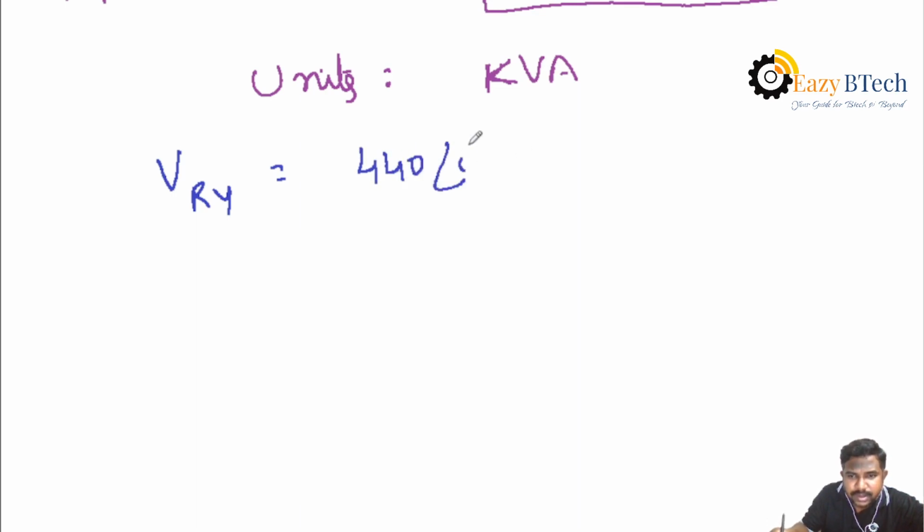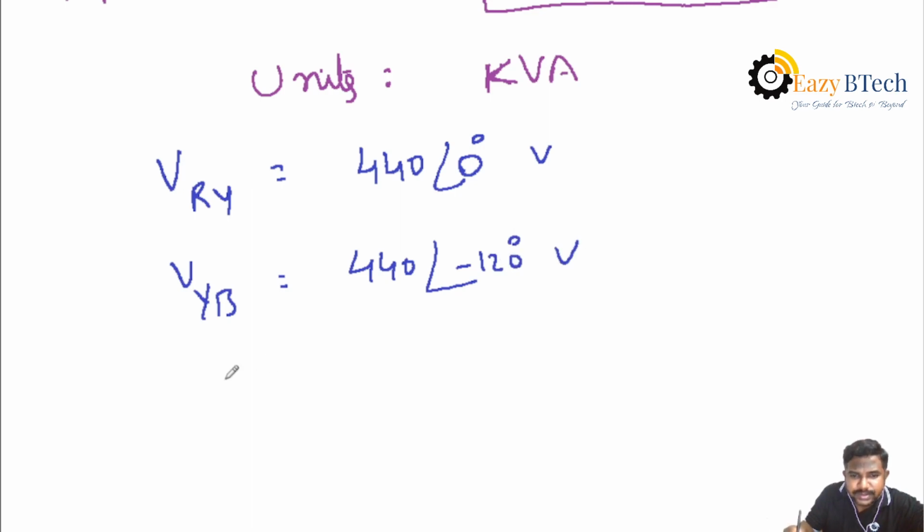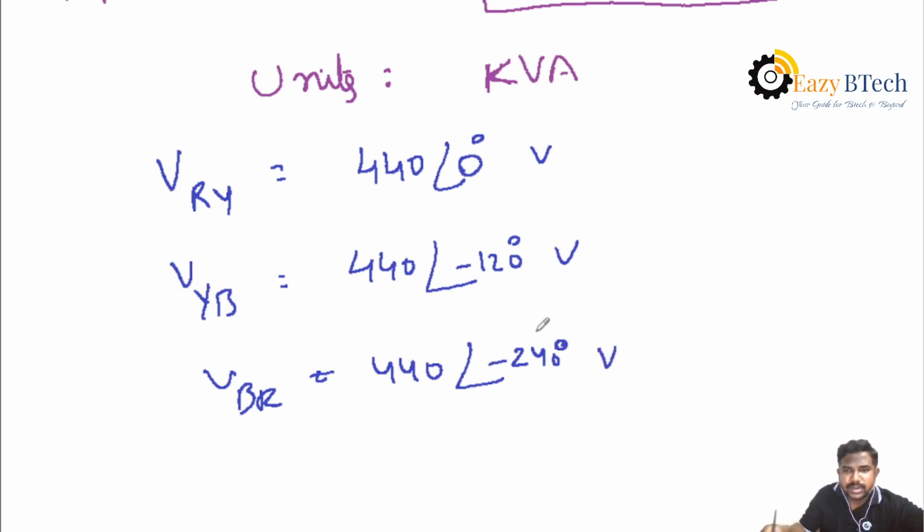This is at an angle 0. Similarly, what is VYB voltage? That is the same voltage, 440 volts, but what is the phase angle? Minus 120 degrees. Similarly VBR, we know the same voltage, but displaced by an angle of minus 240 degrees here. So that means all magnitude values are equal,